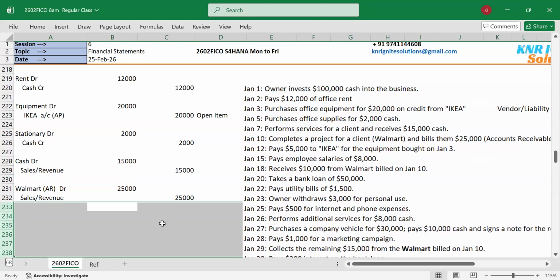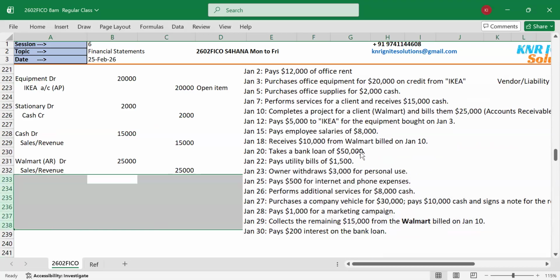You guys can read the transaction and help me in the meantime, so that we'll quickly move on with the